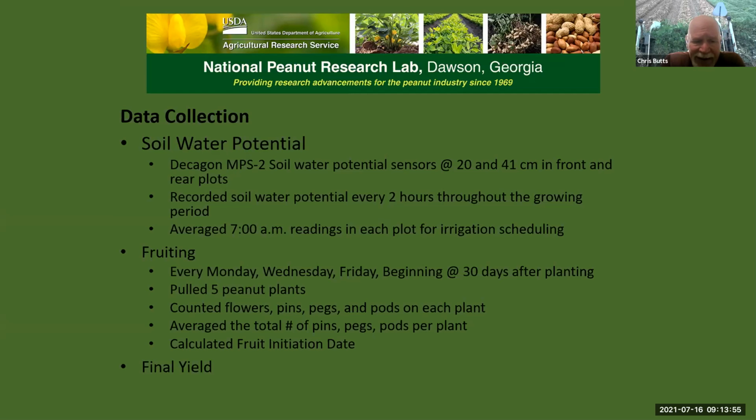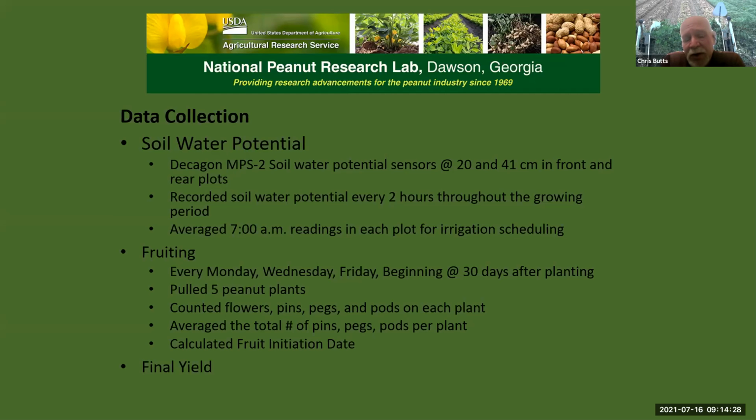And then each day at 7 a.m., we went out and took those readings, averaged the readings for each of our treatments, and then irrigated accordingly. To measure fruiting, beginning about 30 days after planting, every Monday, Wednesday, Friday, we went out and pulled up 5 plants out of each plot. We counted the number of flowers, pins, pegs, and pods on each plant. And then we averaged the total number of pins, pegs, and pods